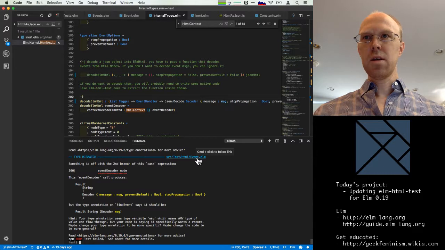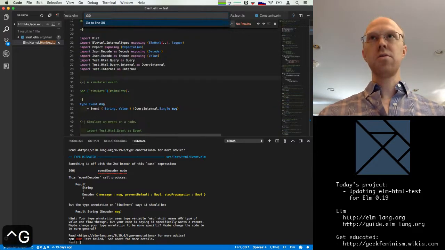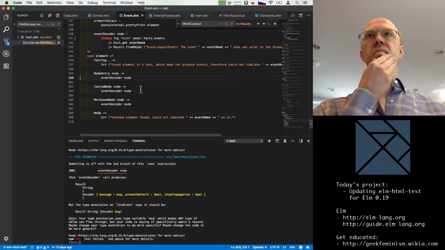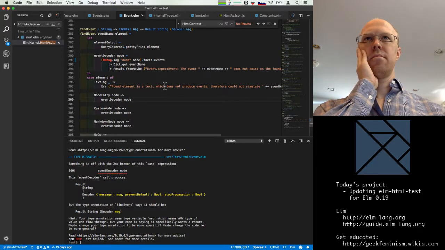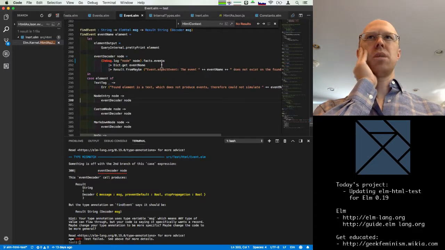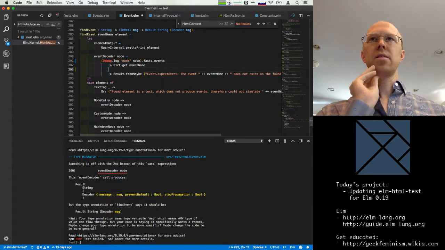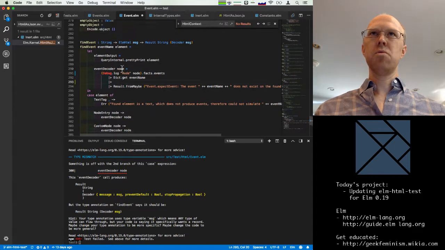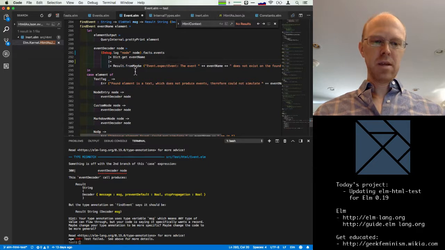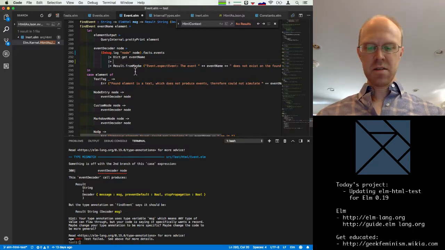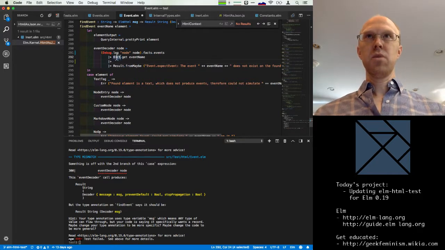Okay, so here on line 300, event decoder equals something result from maybe. So we get it, and then here I think is the point where, for the moment, we just want to drop the extra bools and just give the message. So at this point, we get it out of a result dictionary.